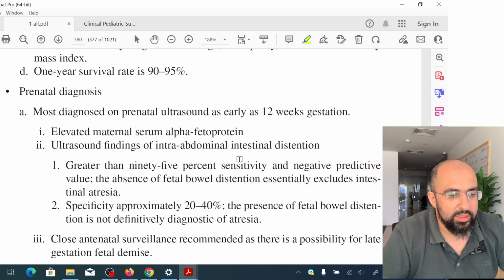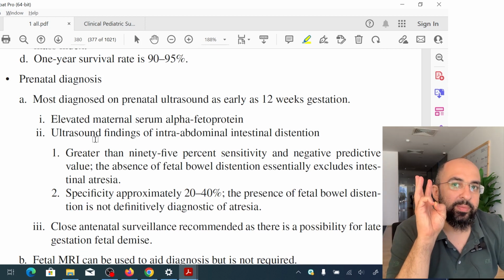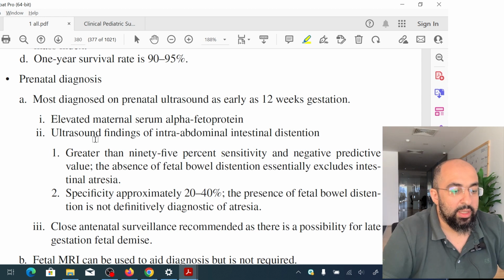Prenatal diagnosis: it's diagnosed on prenatal ultrasound at 12 weeks gestation. We can diagnose it with the prenatal ultrasound, and we take from the maternal serum alpha fetoprotein, which is elevated. And number 3,